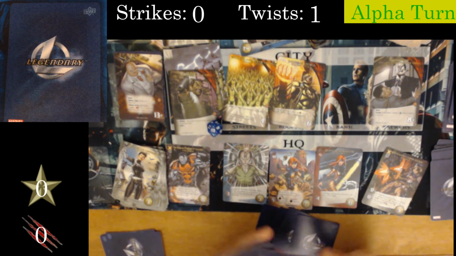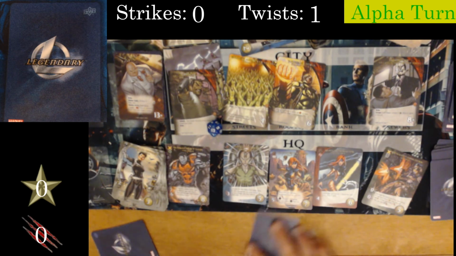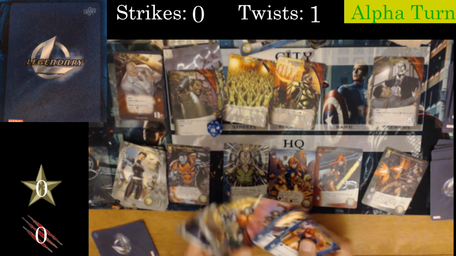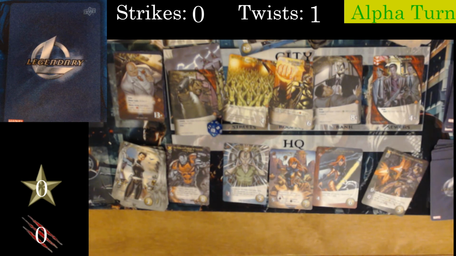Two, three, four, five, six. Alright, well, at least I'll get to rescue Bystander again. Another Maggia Goons for Bravo's turn. And I'm just dropping my cards on the ground. Okay. So,